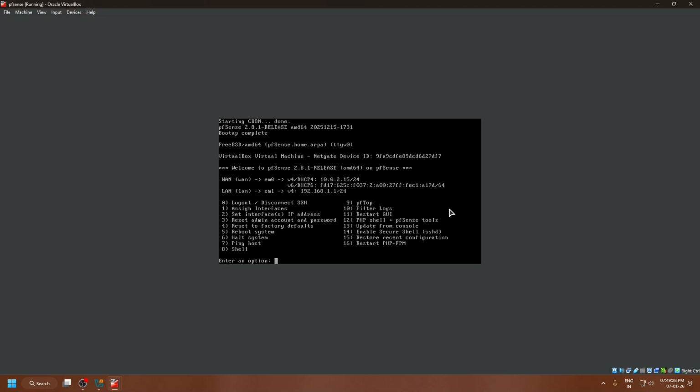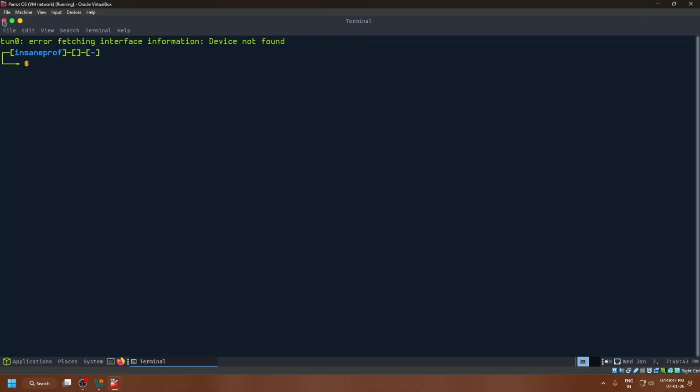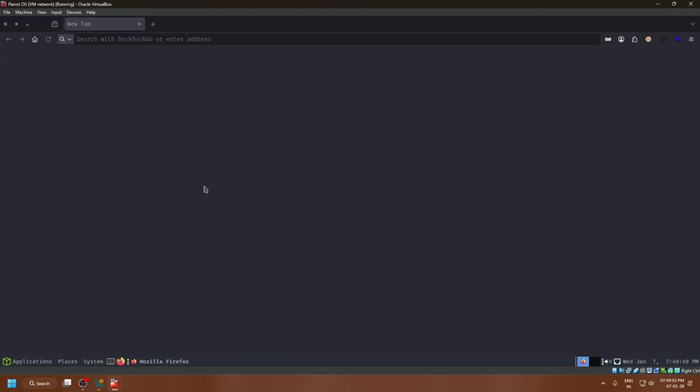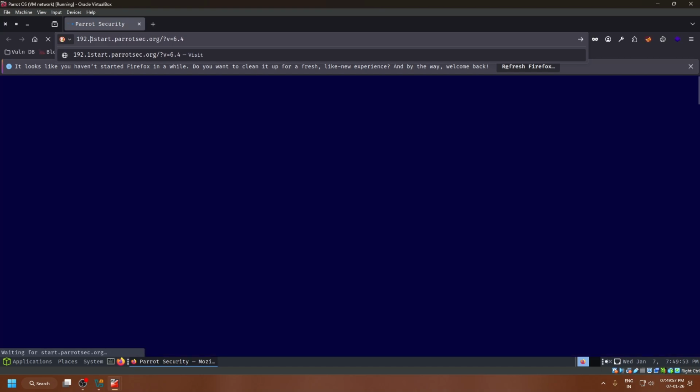When it has booted up, it will show up like this, and it will show you the external network IP and the internal network IP. So its internal network IP is 192.168.1.1, and now we can access it from this machine. Sorry, and we'll just open this, and you type it here,